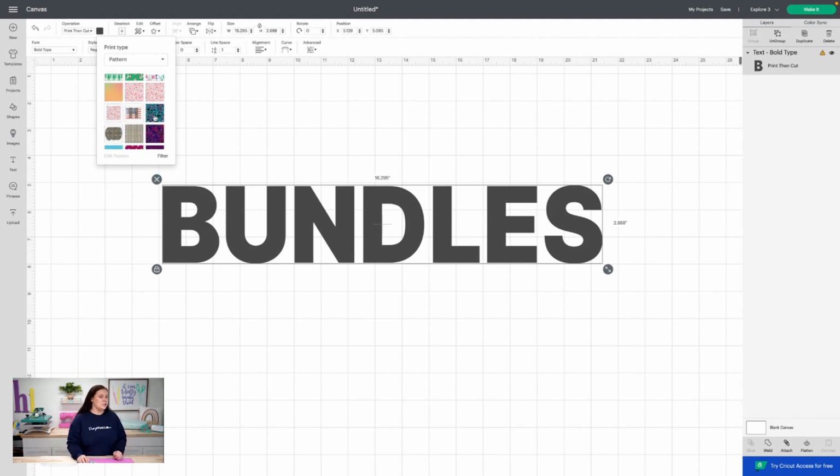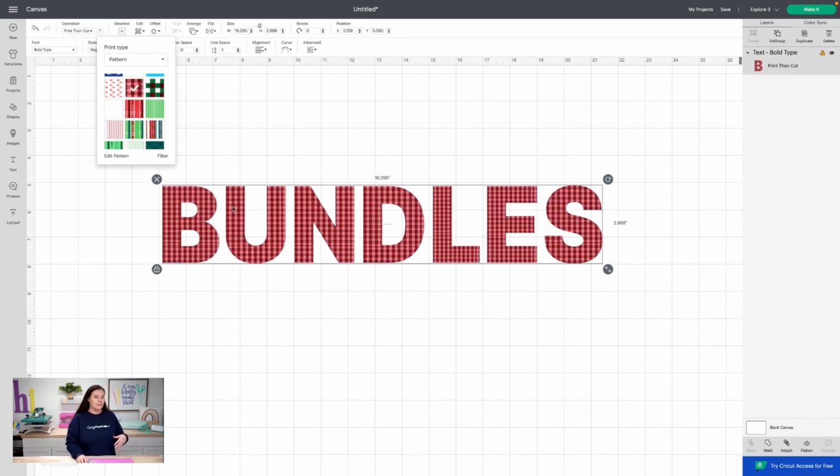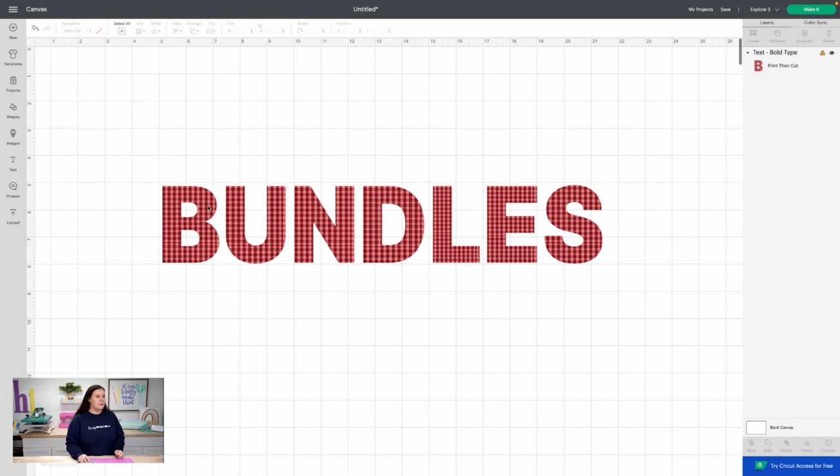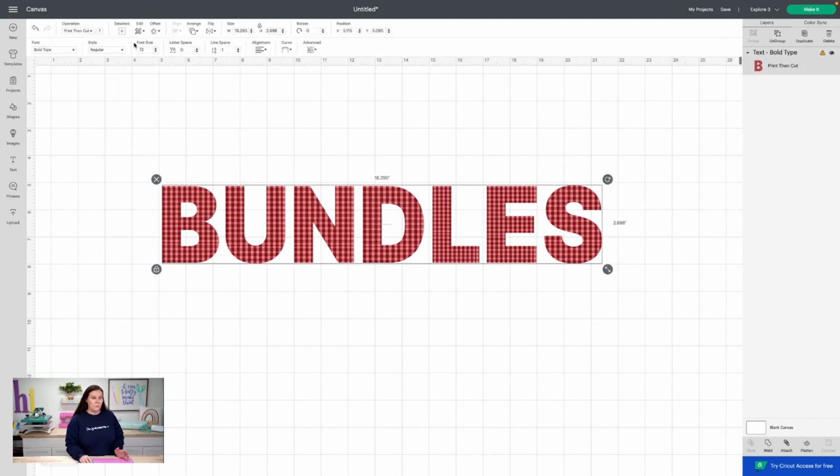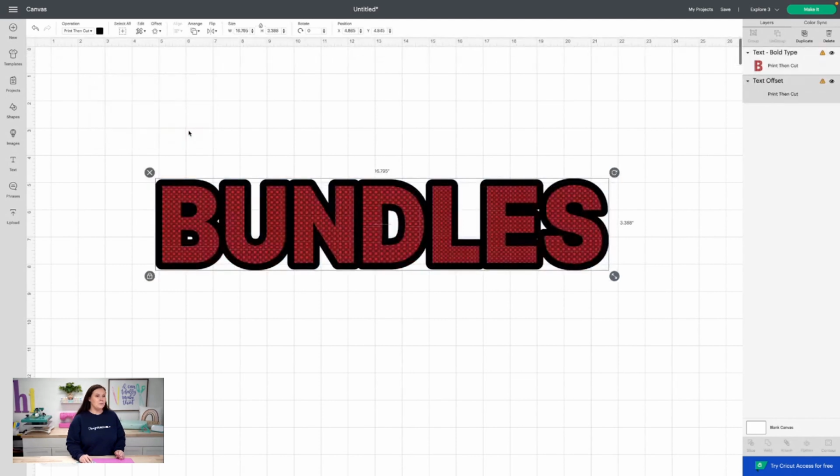But I'm just going to go ahead and show you one really quickly. So for example, I say quickly and then I'm like going to take my time. Let's see here. So let's do this red plaid here. So for example, if I want to create a really fun sticker here, I'm going to do this and then I'm going to come in. I definitely want to add that offset unless you didn't want to cut these out. You could definitely do so. But I'm going to go in and add that offset and I'm going to hit apply.